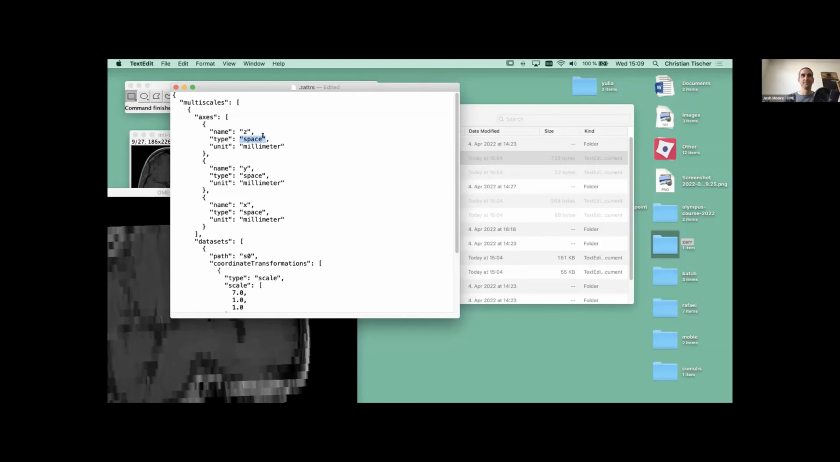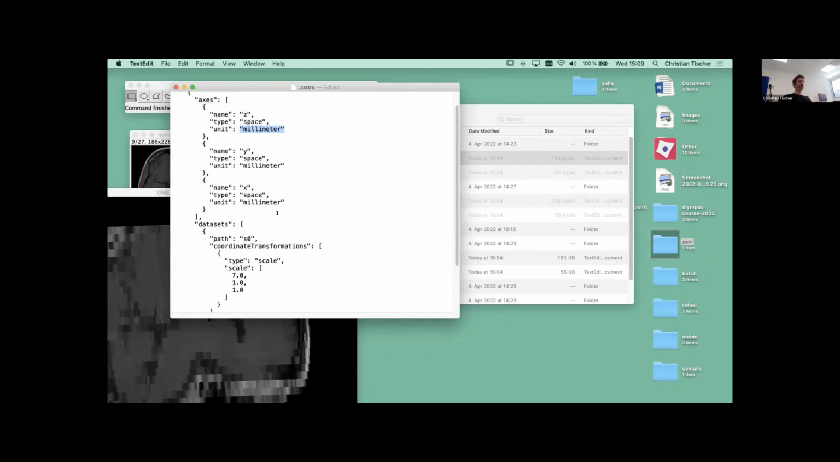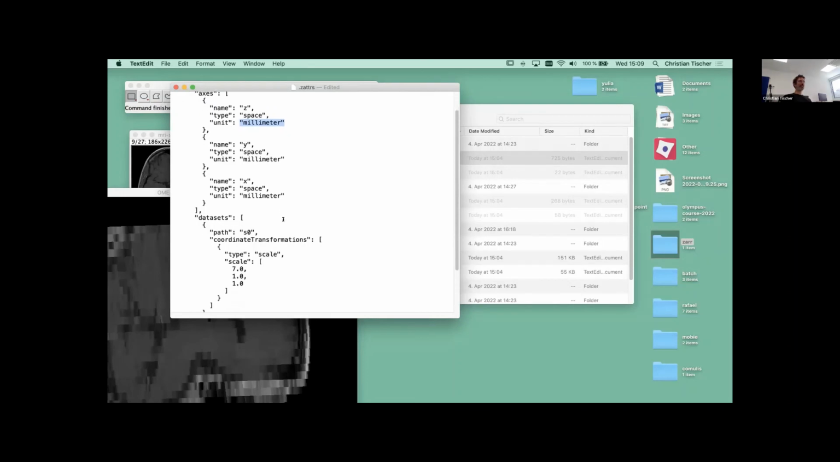I guess we have also time and channel, because we support spatial dimensions, time and channel. This is what most viewers do, and they can have a unit. Yeah, millimeter. For time it could be seconds, and for channel they have no unit as far as I know. And you cannot imagine all the discussions that we had in the last years to